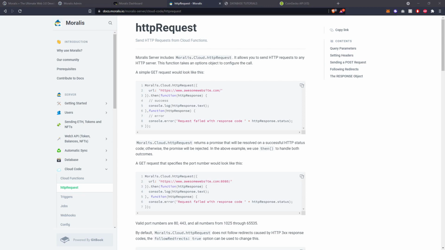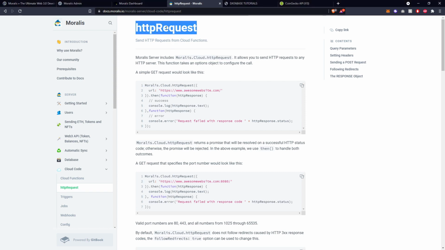With Moralis Server, you are able to send HTTP requests from Cloud Functions. Why would you need to do that? Well, within your application, you might need to call external APIs. And the way that you would do that is to wrap the HTTP request to that external API inside of